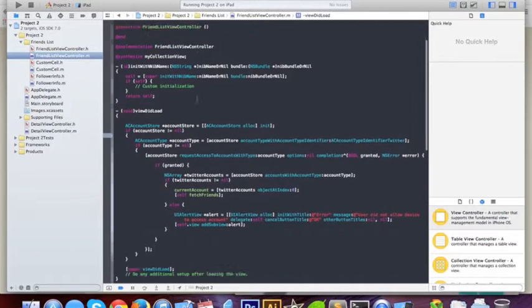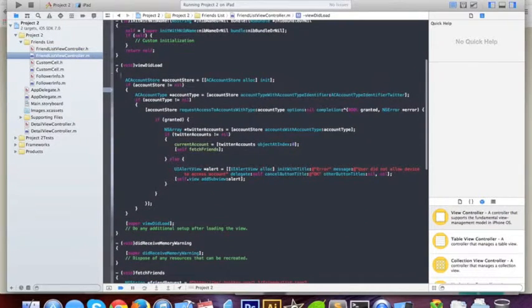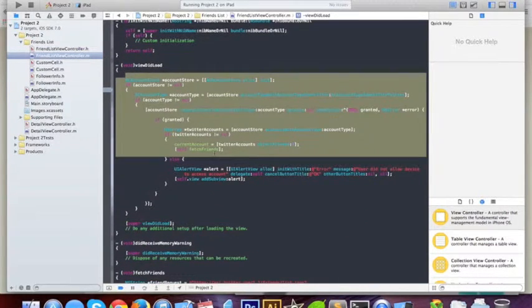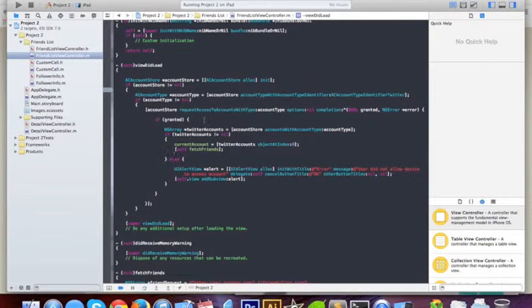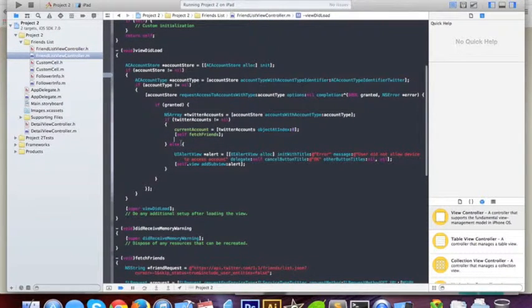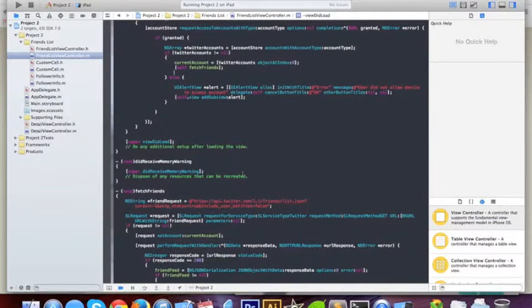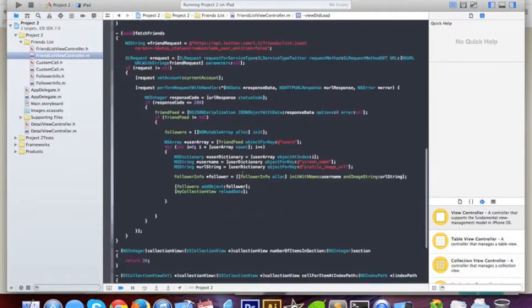So in my friendless view controller, I have in the view did load our basic structure to get an account. It gets the current account. If they allow the log in, then I do this method called fetch friends. If not, then it pops up an alert that says user did not allow device to access account. So in my fetch friends here, here's my friend request string, my SL request, and then if the response code